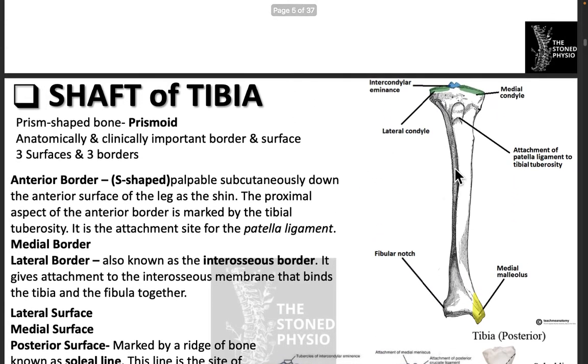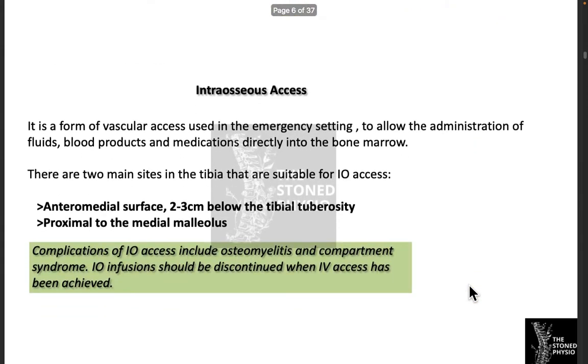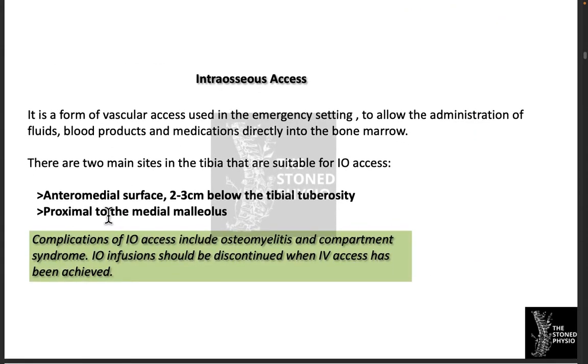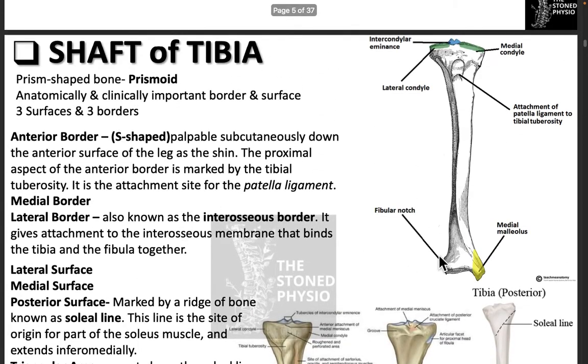Okay, anterior medial, this particular part 2 to 3 centimeter below the tibial tuberosity, or the part proximal to the medial malleolus, either this part or this part. We can access either of these regions when we are talking about the shaft of tibia, and we can use these regions for intraosseous access so as to administer fluids and medications to